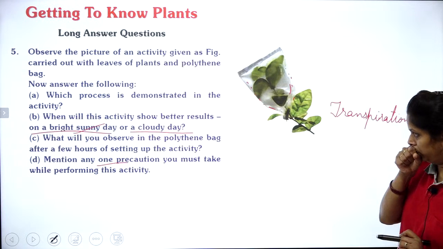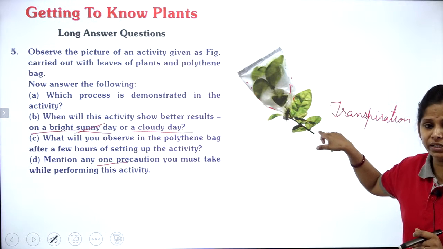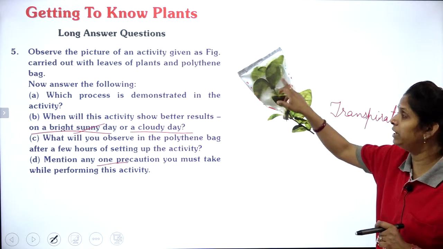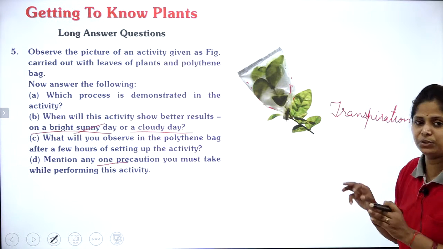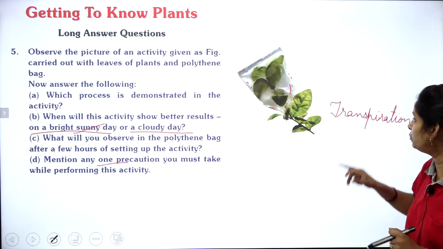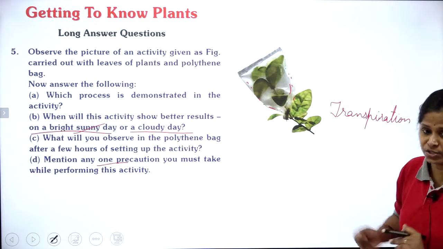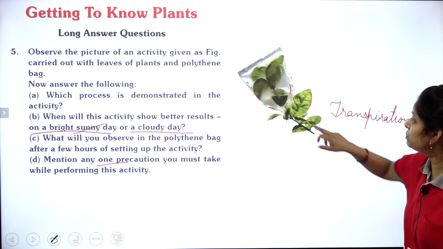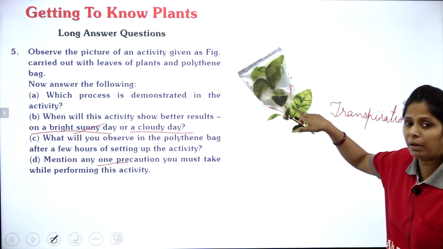Second thing, whatever twig you are taking should be fresh, with 10 to 12 leaves, at least 10 to 12 leaves, to carry out the transpiration process. And it should be fresh also. Clear? And one more precaution: this is the mouth of the polythene bag, so the mouth of the polythene bag